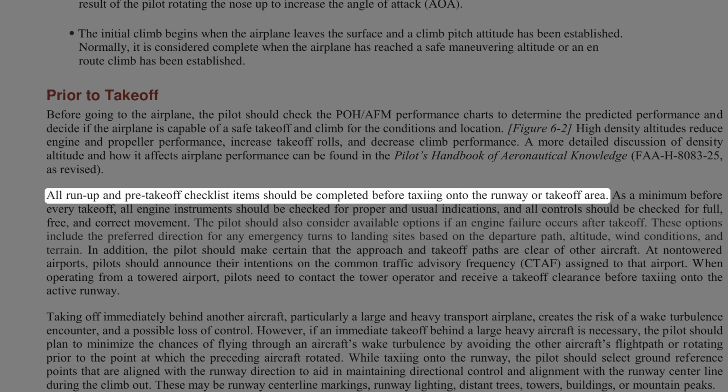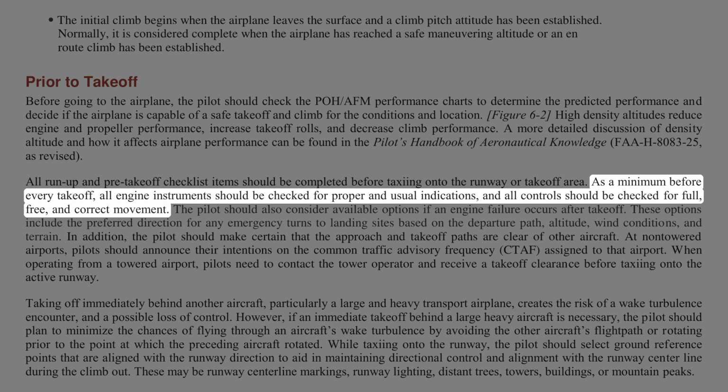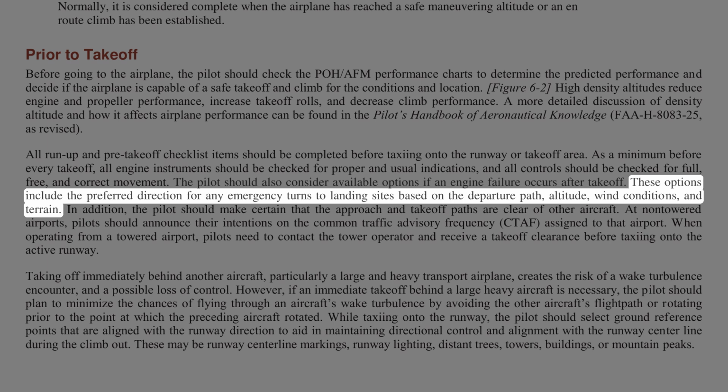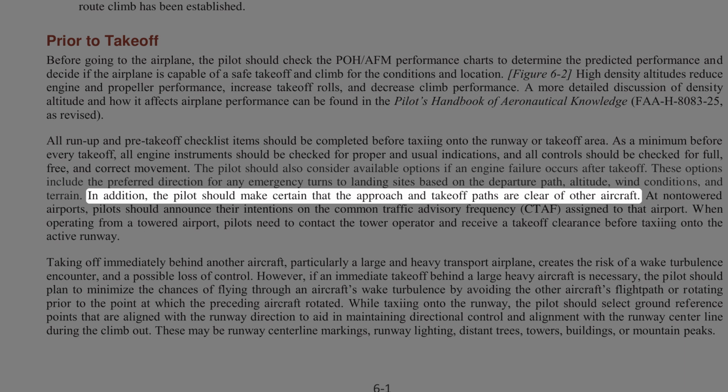All run-up and pre-takeoff checklist items should be completed before taxiing onto the runway or takeoff area. As a minimum before every takeoff, all engine instruments should be checked for proper and usual indications, and all controls should be checked for full, free, and correct movement. The pilot should also consider available options if an engine failure occurs after takeoff. These options include the preferred direction for any emergency turns to landing sites based on the departure path, altitude, wind conditions, and terrain. In addition, the pilot should make certain that the approach and takeoff paths are clear of other